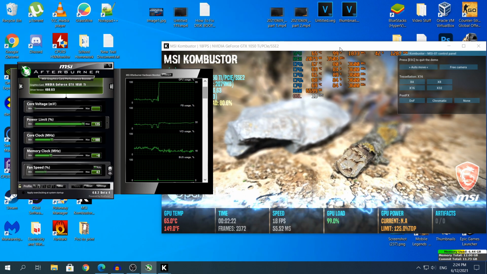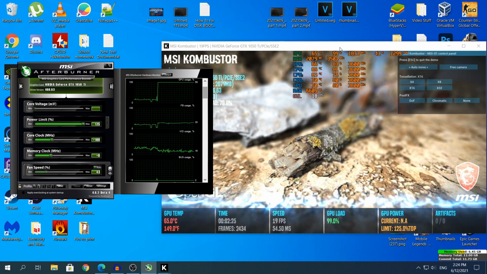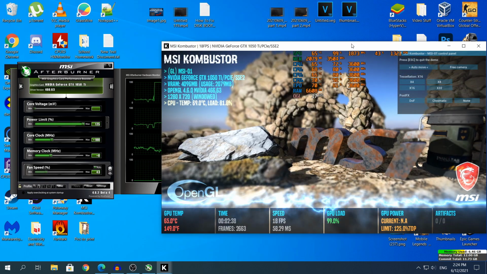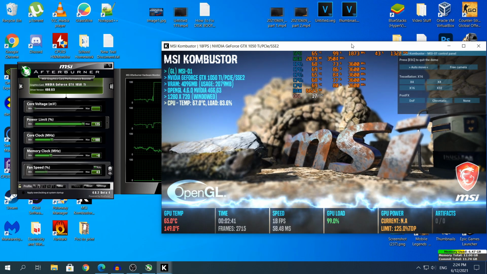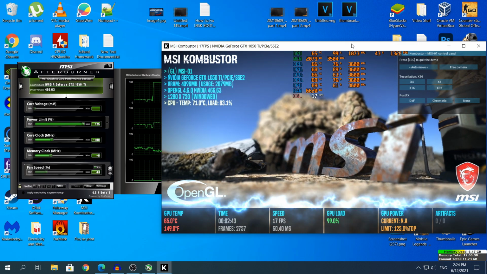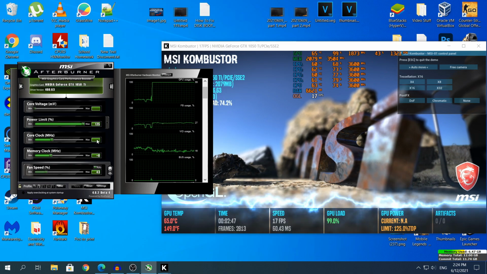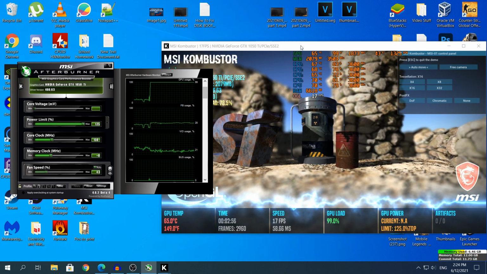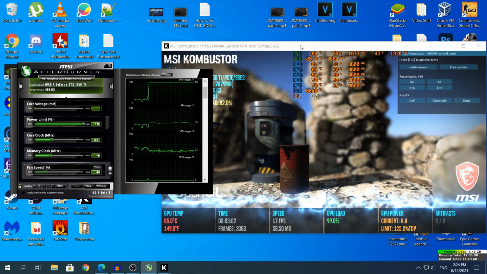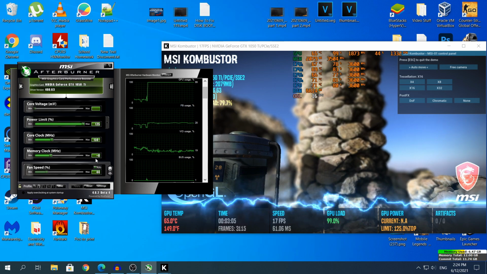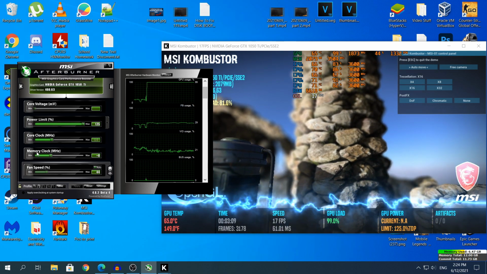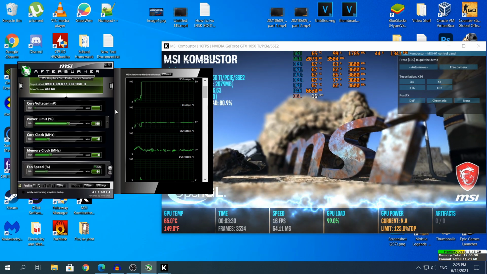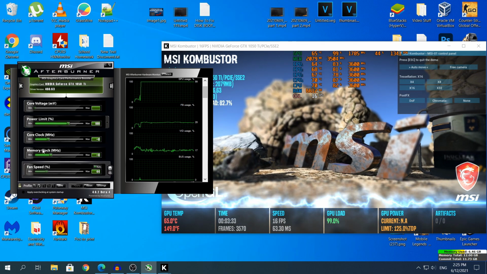Once MSI Afterburner crashes or freezes, head back to the last stable number and then increase 5 megahertz every 5 minutes. So for example, if it crashed at the 200 megahertz overclock on the core clock, then head back to the last number, which is 150, and there increase the core clock 5 megahertz every 5 minutes to see where your GPU limit is. Once you find the limit, leave it there, and then you will head on to the memory clock, which is right below it. For the memory clock, do the exact same thing as you did on the core clock and find what your limit on the memory clock is as well.